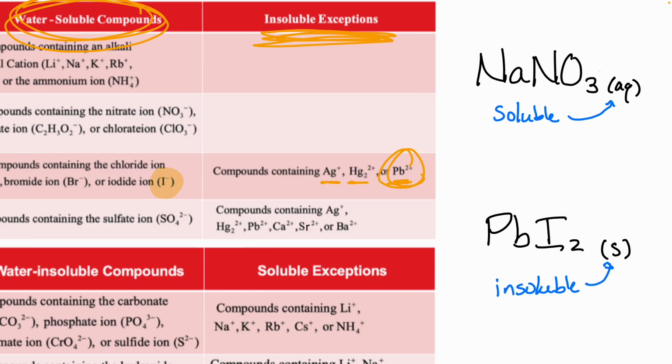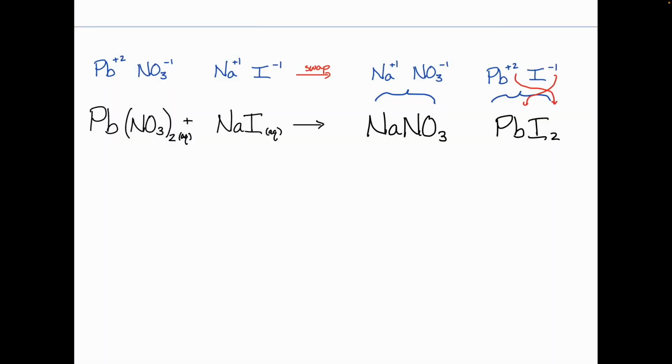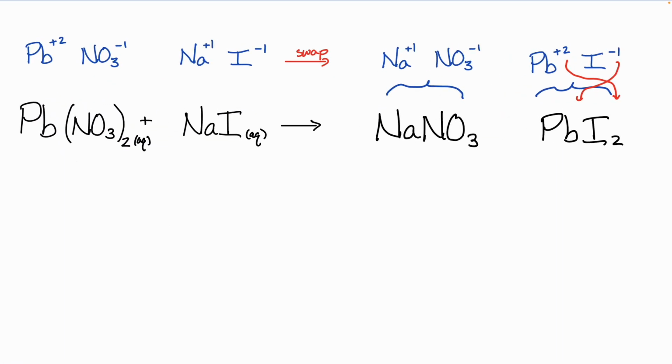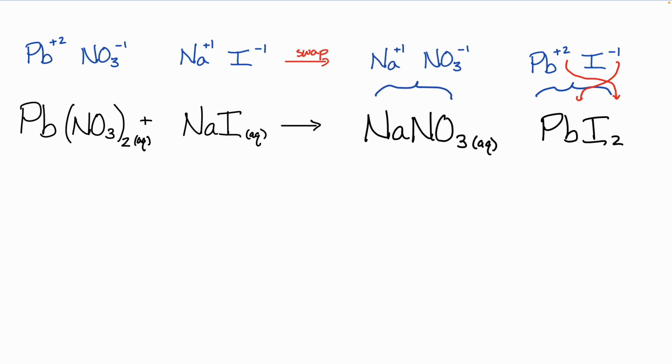That's what gets that S state of matter. So using my solubility table here, I know that my sodium nitrate is aqueous and my lead 2 iodide is that solid product that makes this a precipitation reaction. Cool? So now we got our states of matter. The last step,